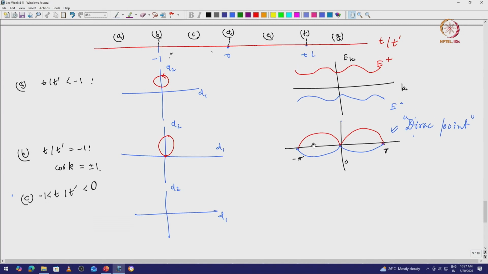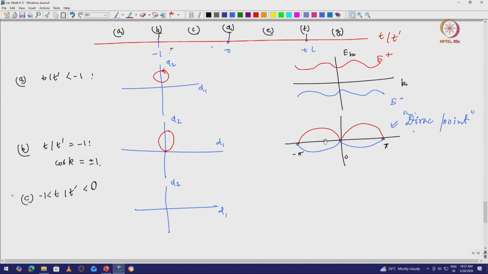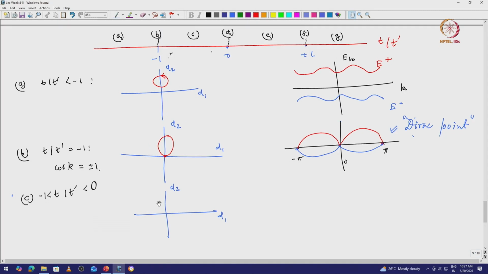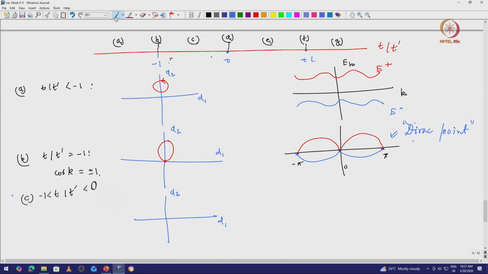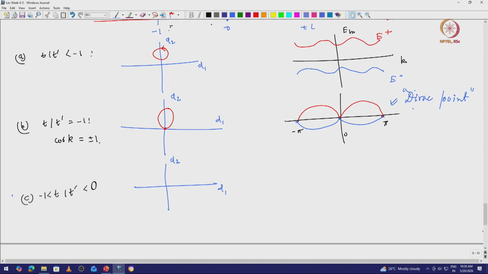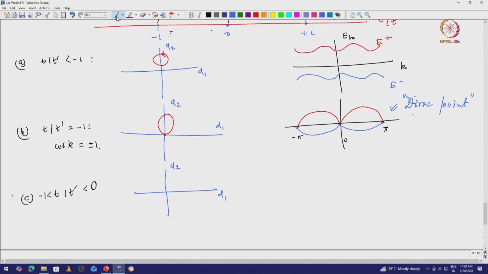It will go to 0 somewhere, which means if you draw the loop, it will wrap it, and if you draw the band structure, you will see that